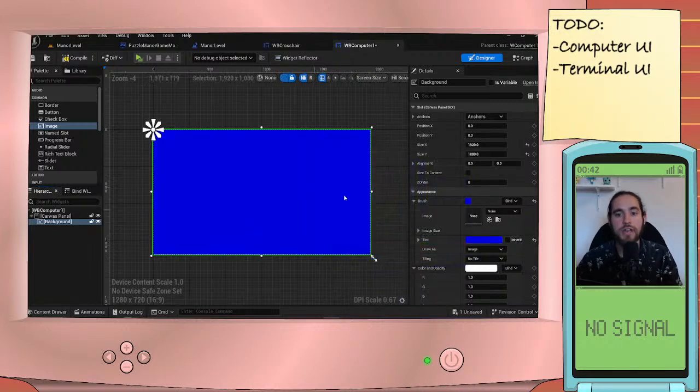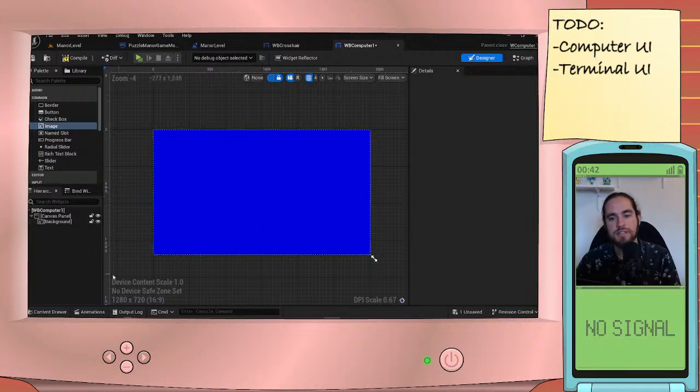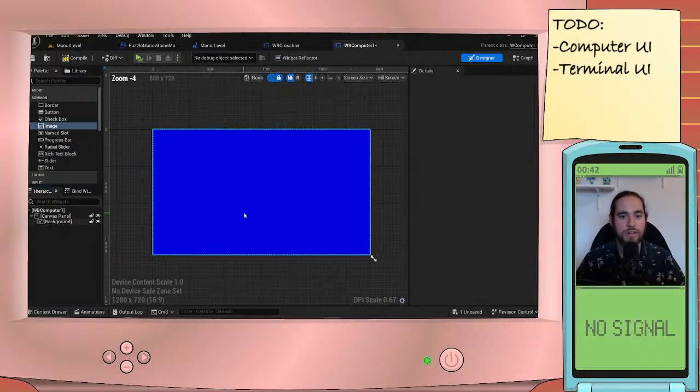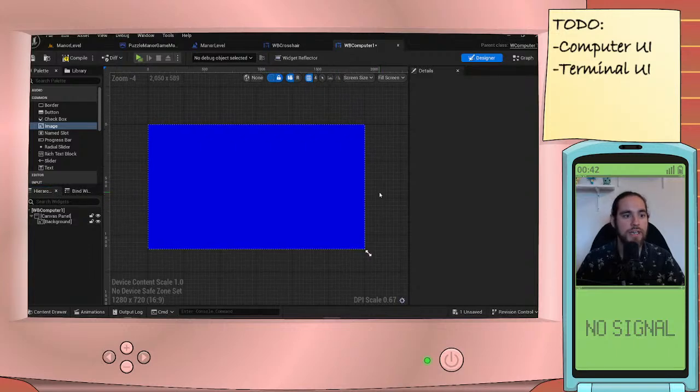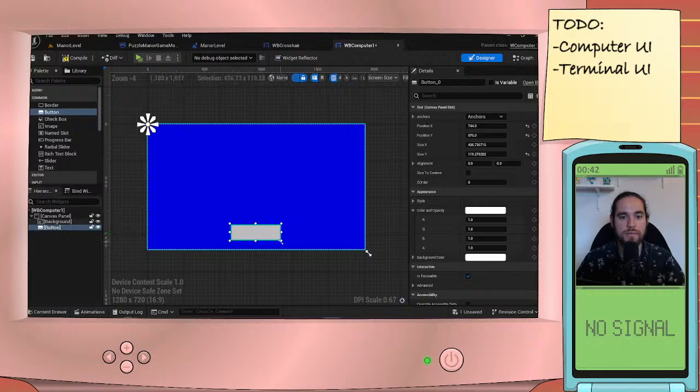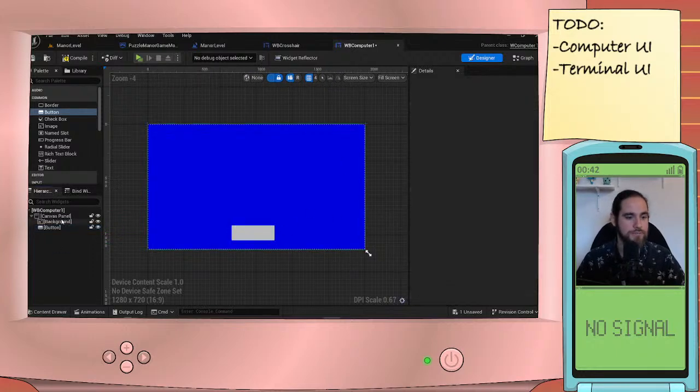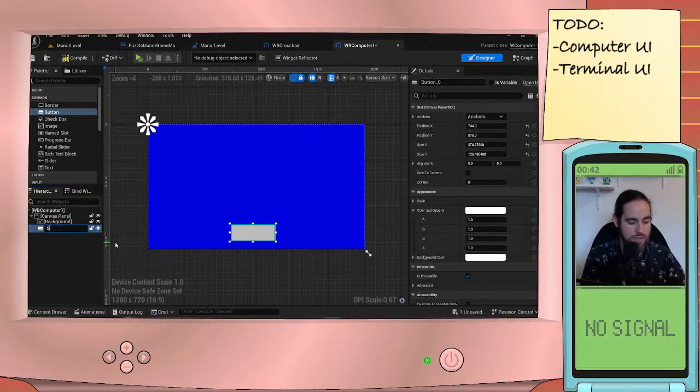It doesn't really matter. I may very well change this, and this is definitely temporary anyway. So this, I'm not gonna have a reference, okay? I'm not gonna make a U image called background. It doesn't matter. So now I want to find all of the things that I need. I definitely need a button, right? At the very least. And this button, I can just place it there for now. I'm gonna place it better later. This one, I'm gonna call submit